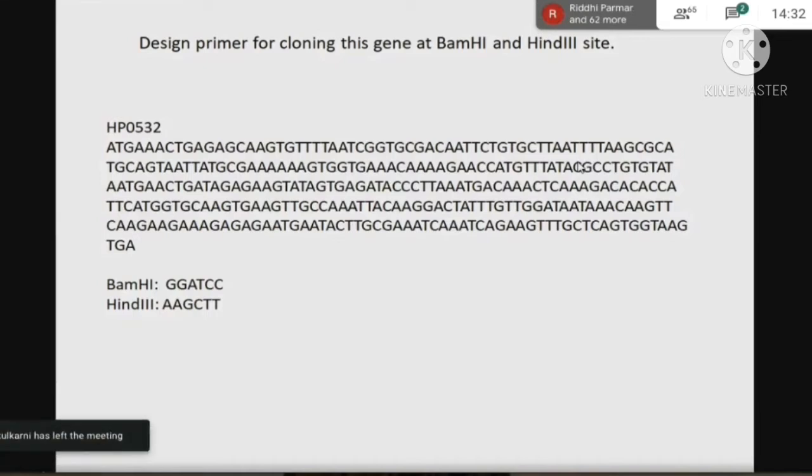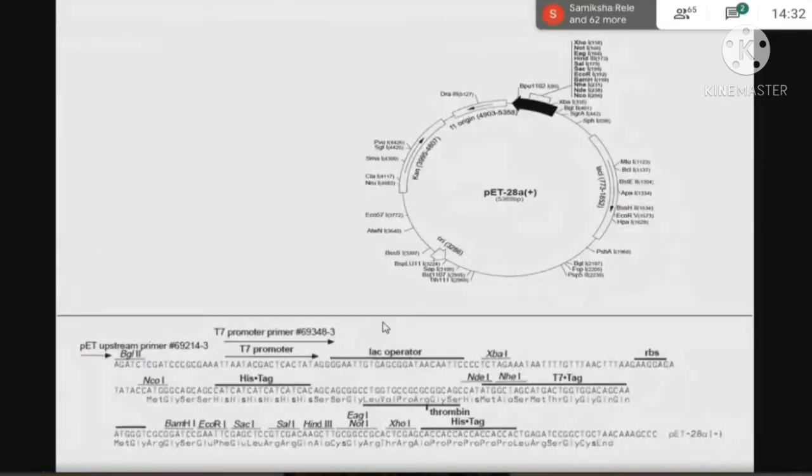Now the question arises: how can we ligate? If there is no restriction site in this, then how can we digest and create an overhang which is compatible to this restriction site so that it will ligate? Are you getting it? Because the DNA fragment must have that overhang and the vector must have that overhang, then it will ligate. But I told you that in our ORF, restriction sites should not be present. Only the restriction sites we use for cloning.